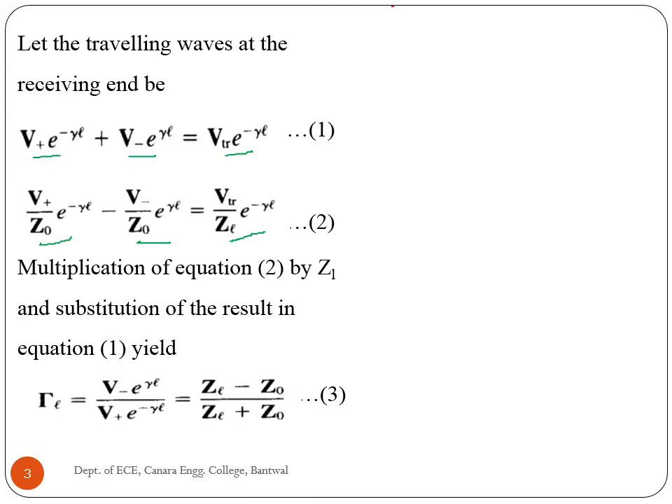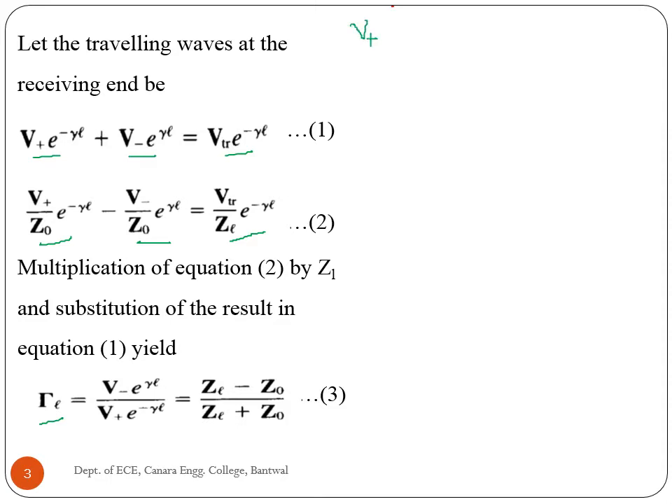We will get the reflection coefficient at the load end by multiplying equation 2 by ZL and substituting the result in equation 1. Now we will see how we get the reflection coefficient. Multiplying equation 2 by ZL,